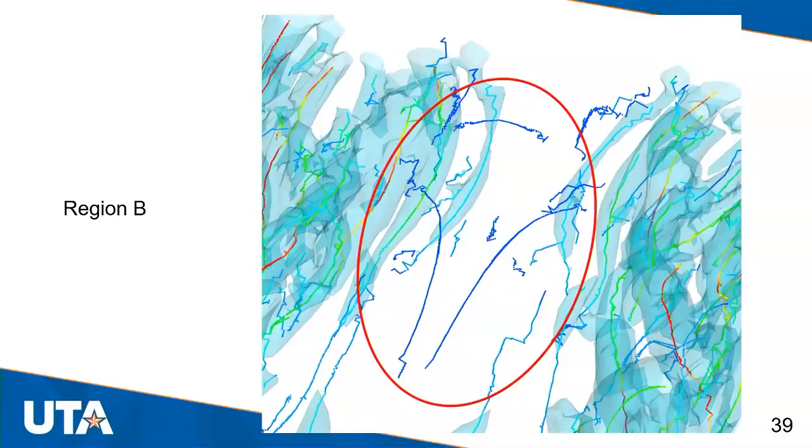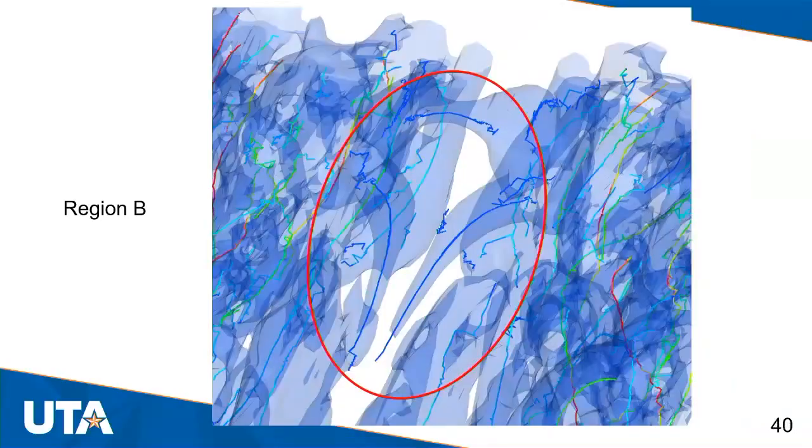Are they correct? Then we just reduce the threshold of the isosurface. You can see they do have a vortex here, because I reduced the threshold to a small value, and you can see these lines are really included in the vortex